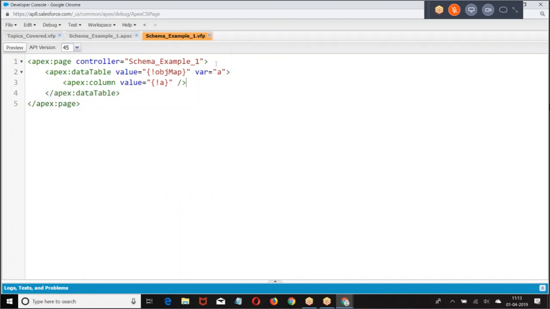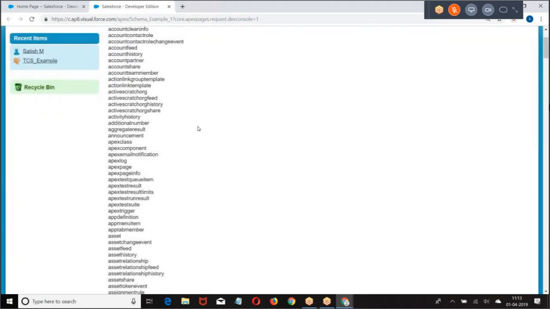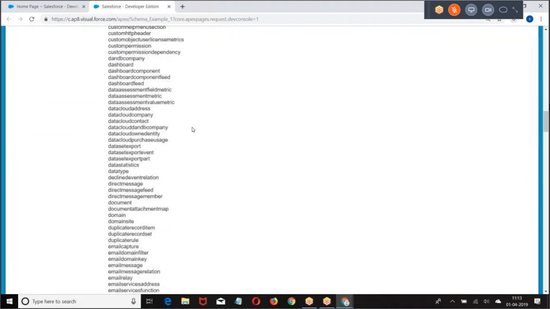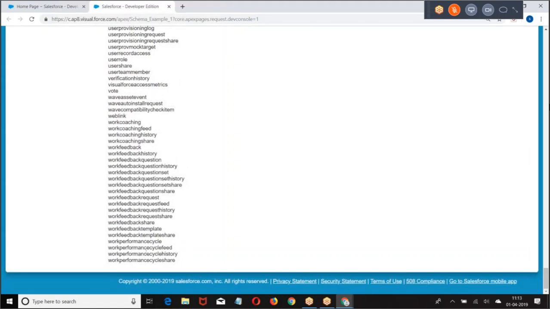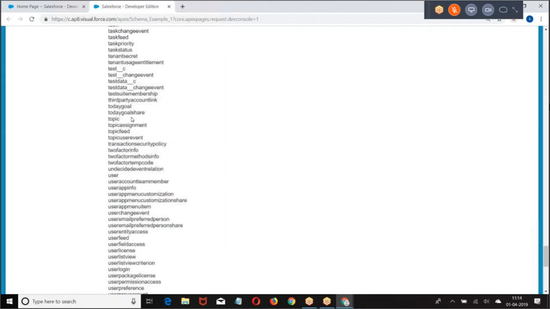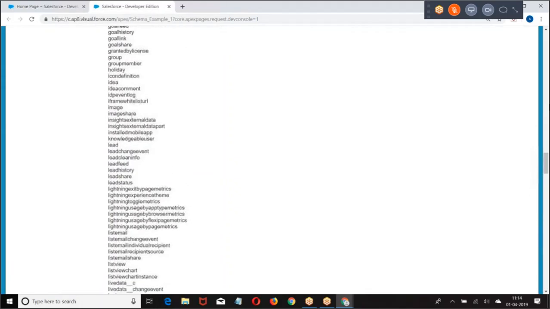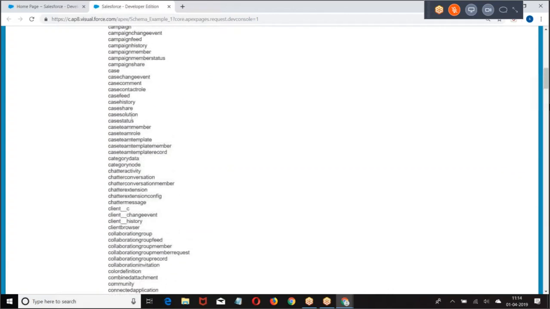So we have a data table. What happened? All the objects which are there in the database, we fetched them.